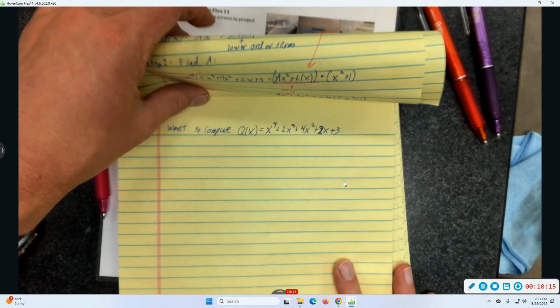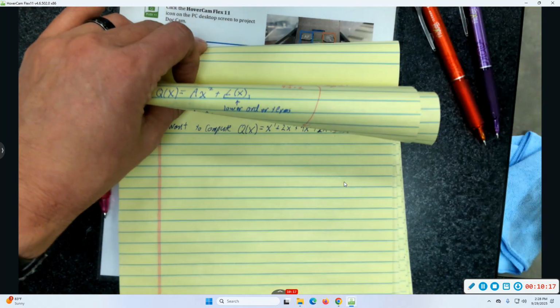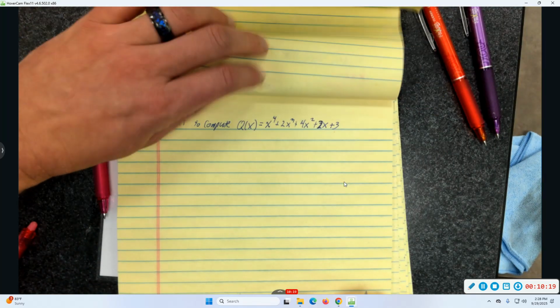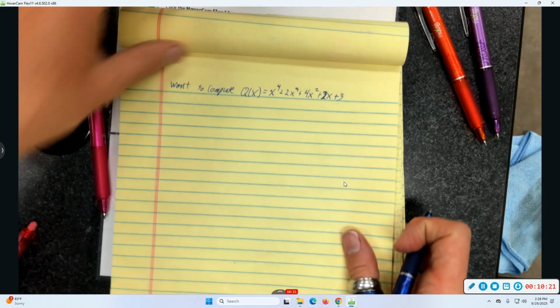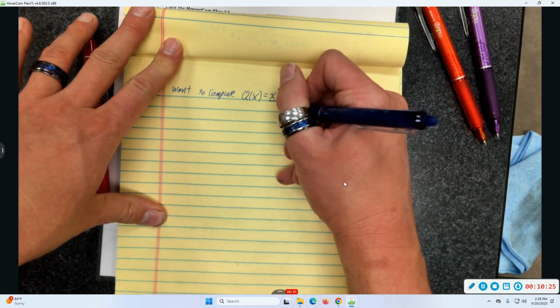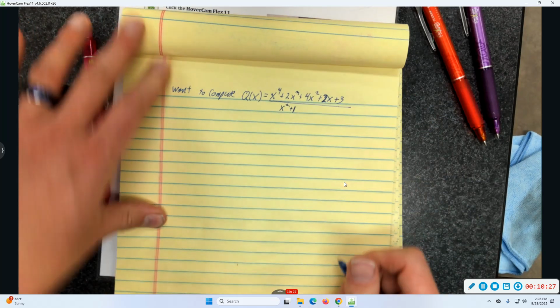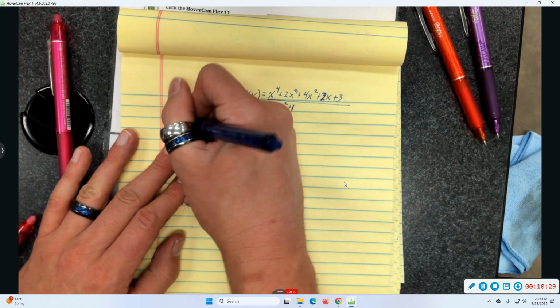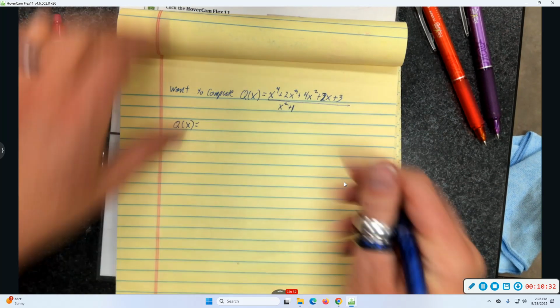I believe I just copied it down correctly. And what have we accomplished? Sorry if it was going out of focus. Oh, divided by x squared plus 1. So let's see what we got so far. So we got so far q of x equals,